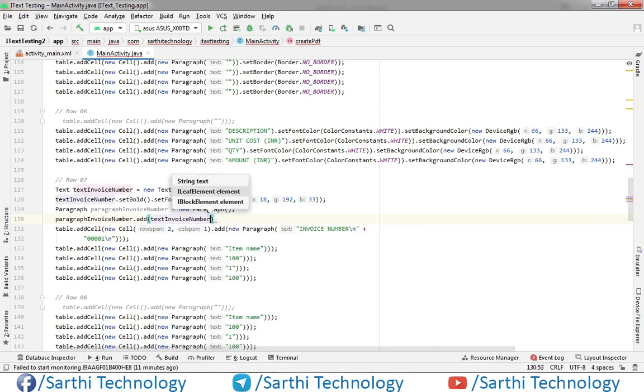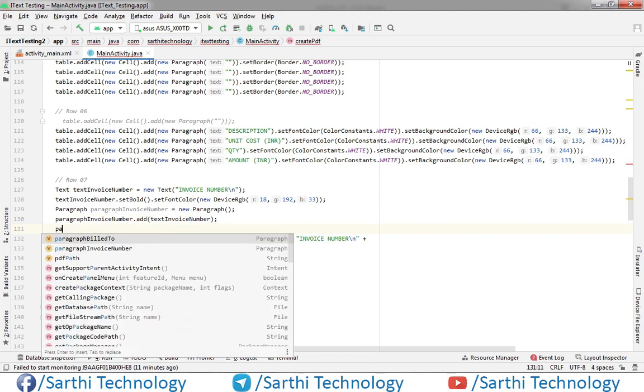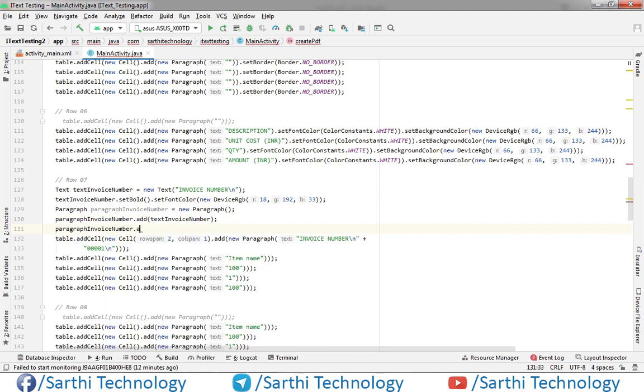First we will add text invoice number, then we will add this 00001 semicolon and we will add this paragraph here.